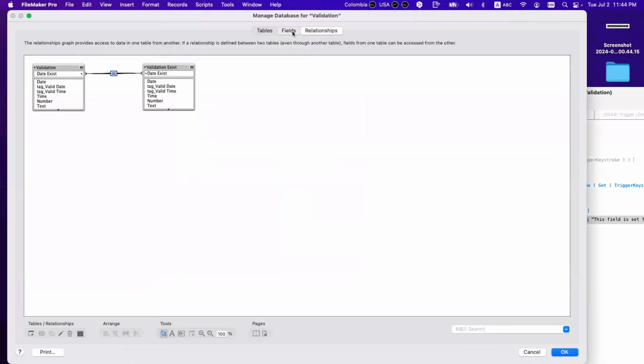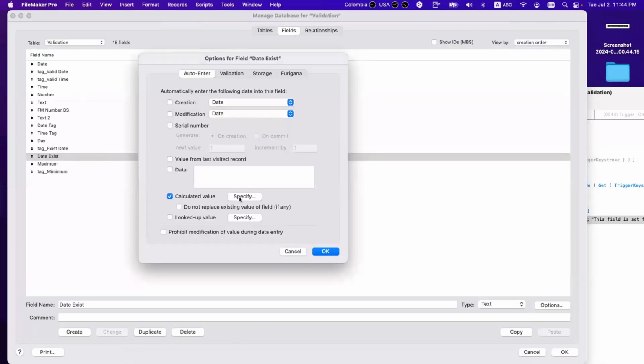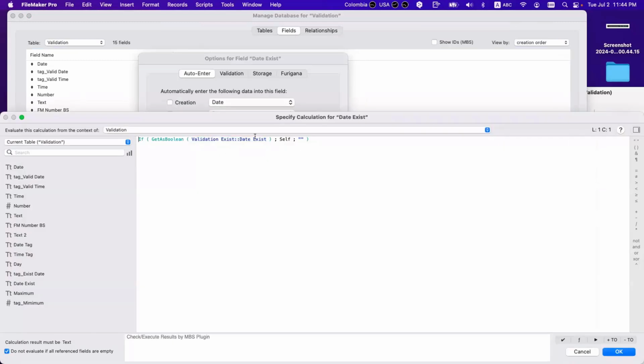So when this returns 1 or 0, if it's 1, if this is true, then keep it. Otherwise, blank it.